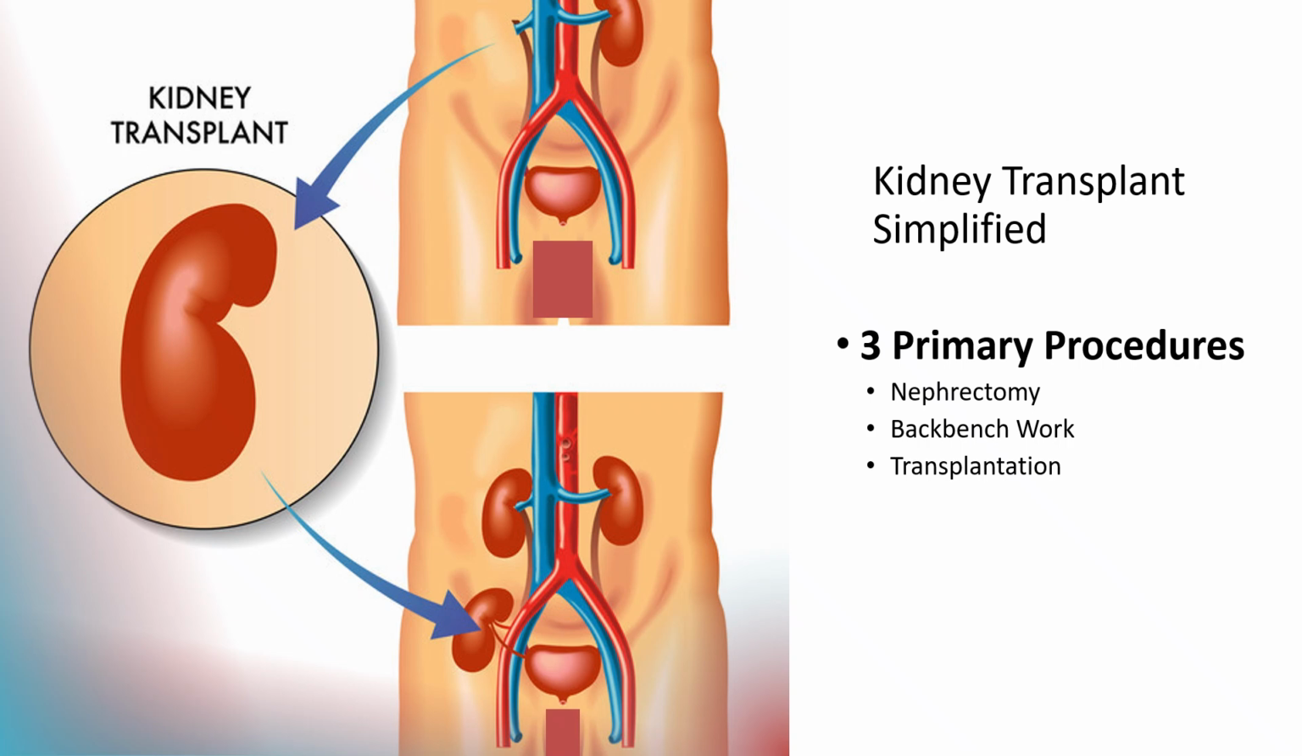When coding a kidney transplant, you need to remember a few things. There are three primary procedures. Procedure number one is a nephrectomy, number two, backbench work, and number three, transplantation. We're going to review all three, but before we talk about these procedures, I want to help you understand how